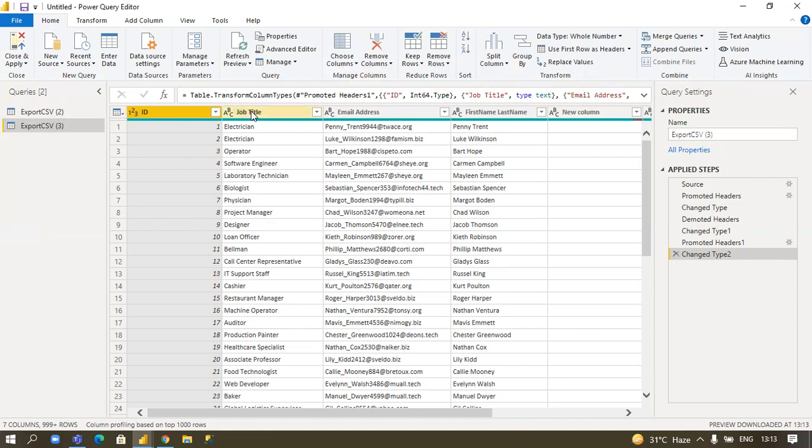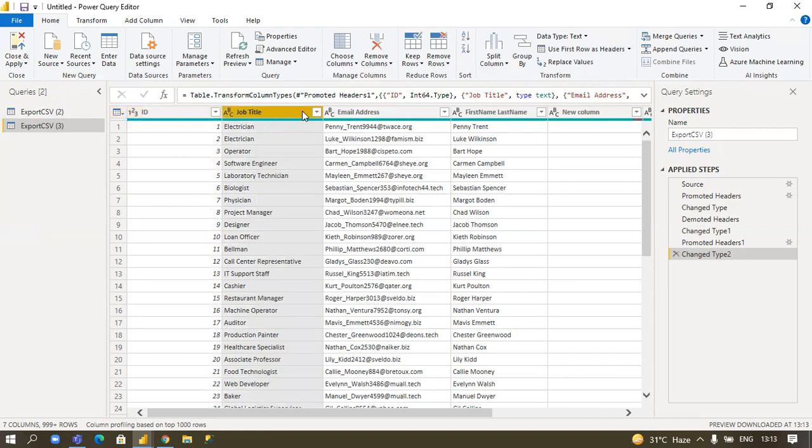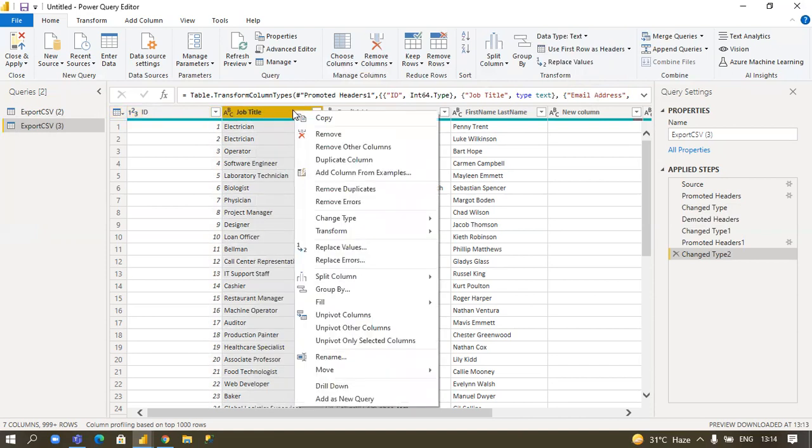First I right click on any column. I select any column and right click on it, and you can see multiple options. The first option is copy. If you want to copy that column and insert it anywhere, you can do that.